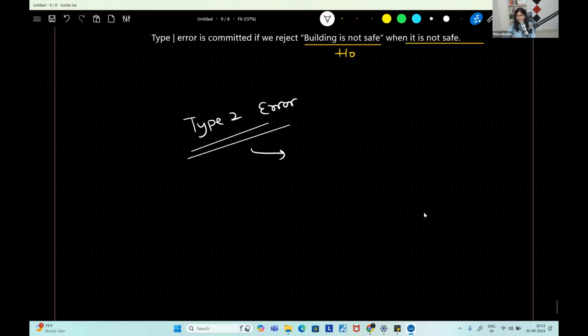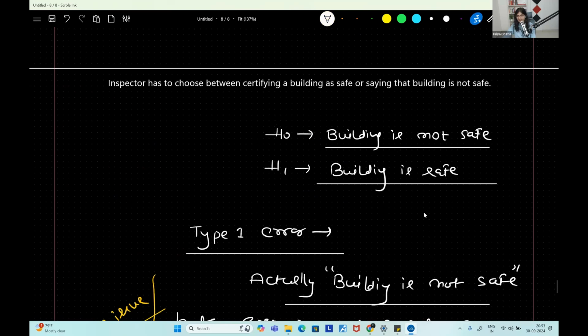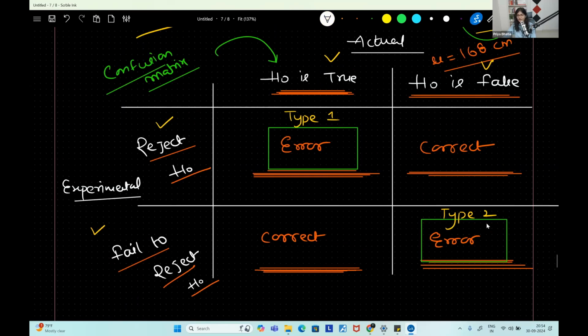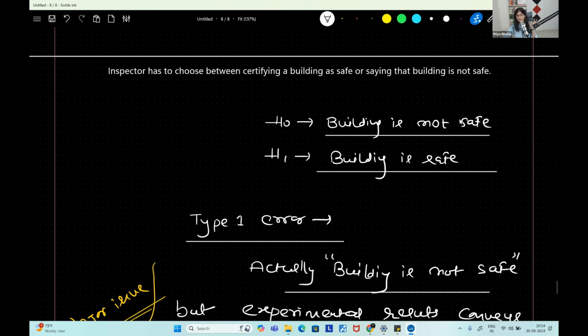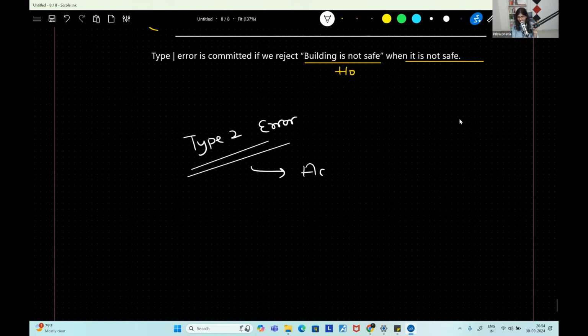What is type 2 error? This is important. In this instance, what is type 2 error? Tell me. Now, see this matrix. Type 2 error is when H0 is false, meaning the building is safe. That is where we can say H0 is false, because H0 is saying the building is not safe. It means actually the building is safe,